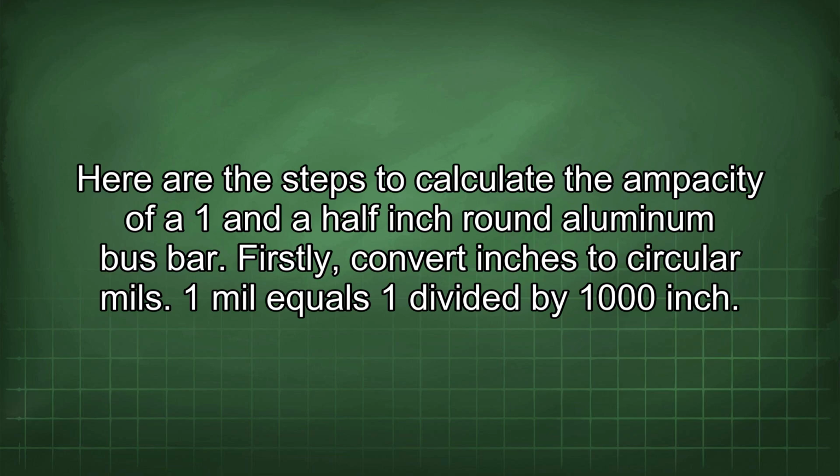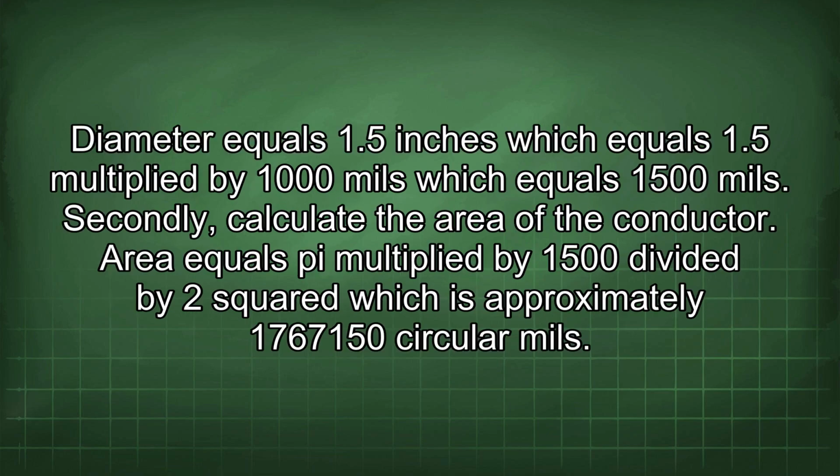Firstly, convert inches to mils. 1 mil equals 1 divided by 1000 inch. Diameter equals 1.5 inches, which equals 1.5 multiplied by 1000 mils, which equals 1500 mils. Secondly, calculate the area of the conductor. Area equals pi multiplied by (1500 divided by 2) squared, which is approximately